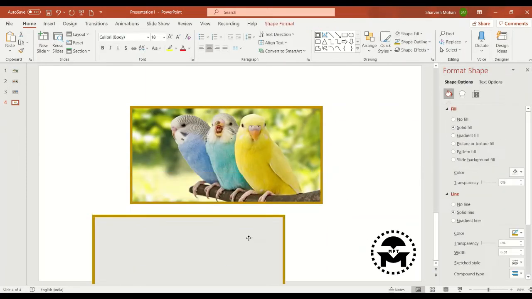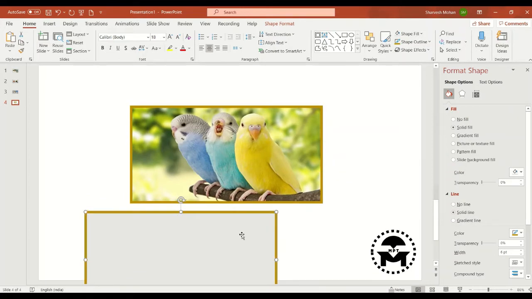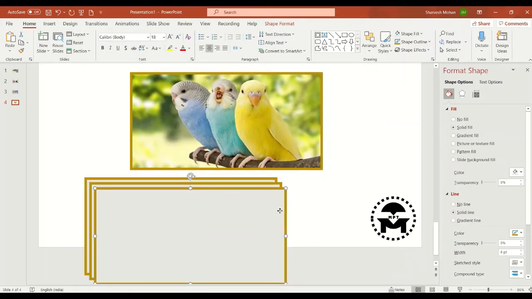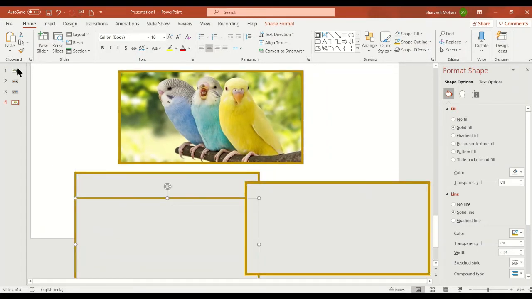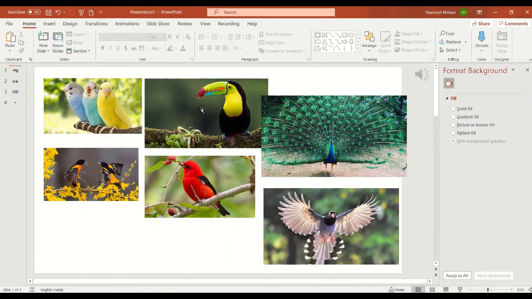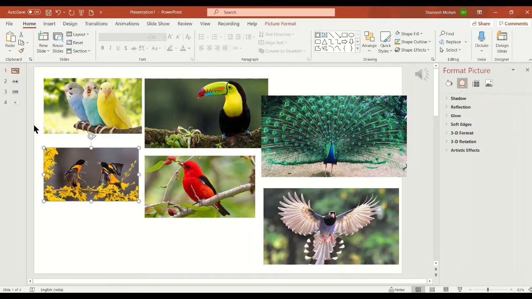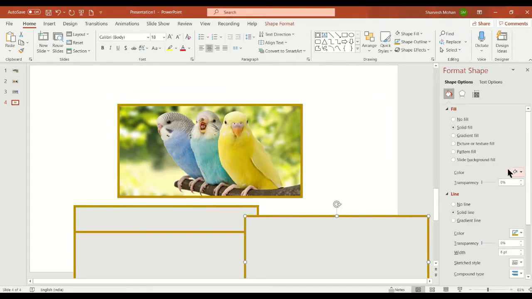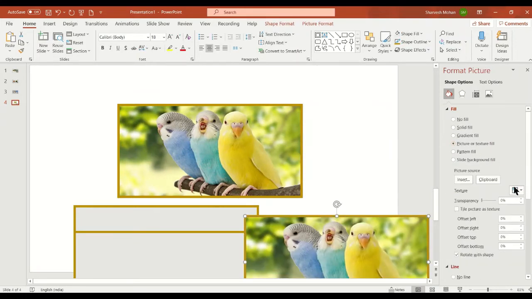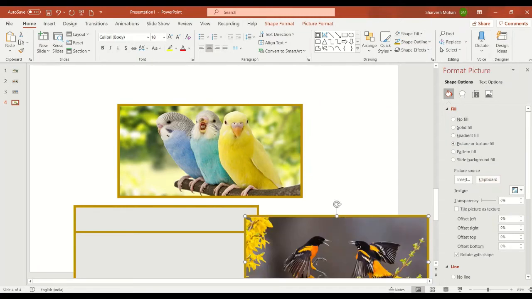Then we'll duplicate a few more copies. We'll paste a couple more pictures, copy, select this picture, this one, and put it on top of this.